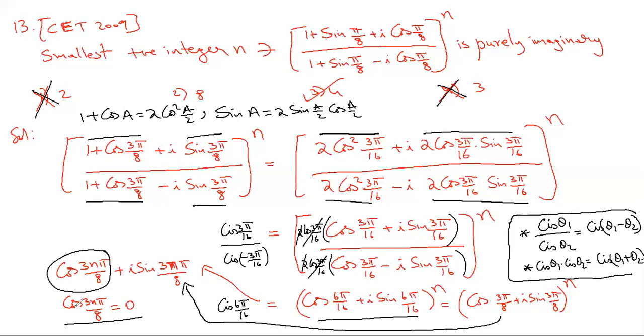Next, 4 I substituted. 4 and 8 cancel 2 times. Cos 3 pi by 2 I will get. Cos 3 pi by 2 is 0. Again, that you'll know from trigonometry. So cos 3 pi by 2 is 0. That's why the 4th option. We need not worry about 8, whether you get 0 or not when you substitute, because 4 satisfies, and that is the least they're asking. And that's the answer.